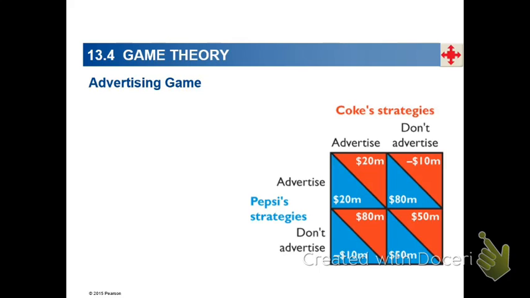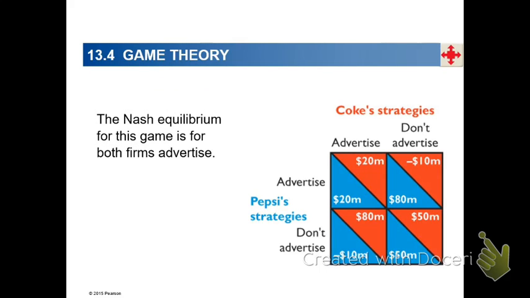So the only Nash equilibrium is going to be where both firms advertise and earn $20 million worth of profit. Notice that if they could collude and both of them decided that they don't want to advertise, they could actually get a higher profit. Unfortunately, they cannot reach that, because anytime one of them deviates from not advertising, the other one really jumps in and starts advertising, hoping that they could actually get the entire market, which they cannot. So I think these give you very interesting examples of realistic market situations where collusion is not possible.